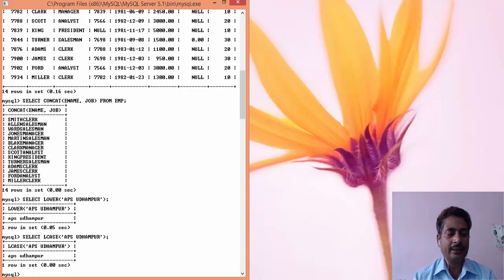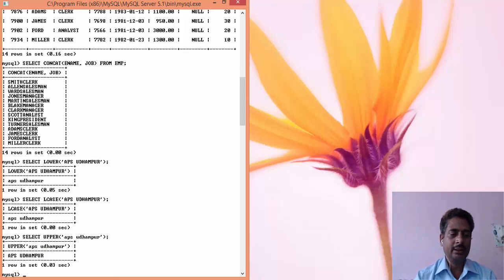Likewise, if you want to make the string in capital letters, you can use upper or ucase. Select upper, and it will become capital letters. You can see that.